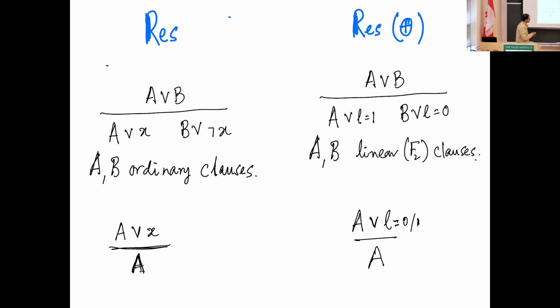In Res(lin), it's analogous to this. Instead of clauses being an OR over literals, now you have an OR over linear equations. Okay, so these are called linear clauses over F2. And this is the resolution rule, which is a very natural correspondence. Instead of having an X here, you have a linear form. And so of two sets of clauses, in one the linear form gets the value 1, in the other it is 0. You resolve on that and you get A or B, which is a very natural thing. And then you can do the weakening as well.